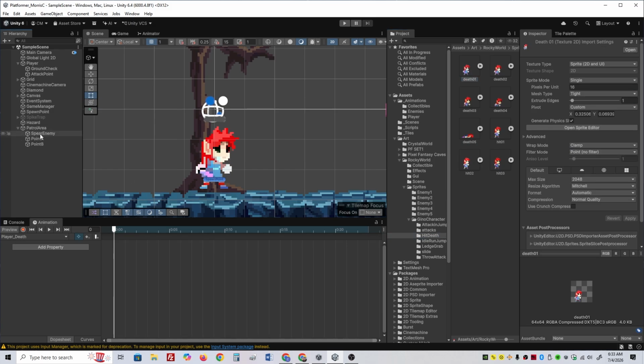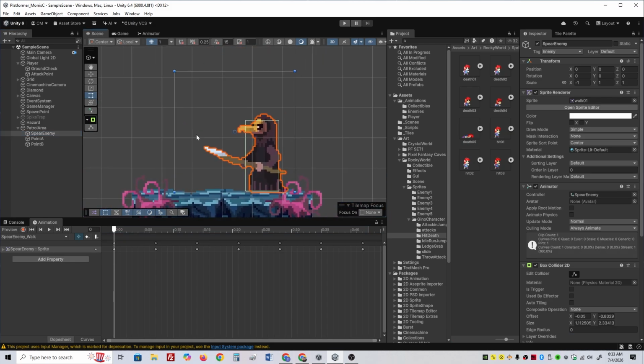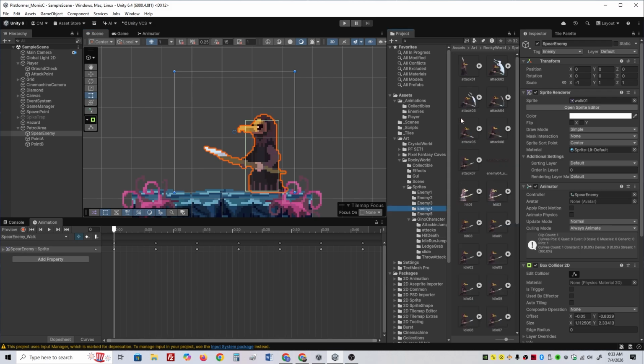You're also going to need to set up the attack for enemy number 4 here, the attack, and he doesn't have a death animation, so go ahead and incorporate the hit, and then we'll do something through code so that he